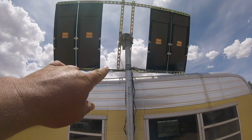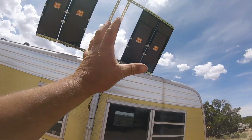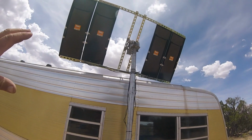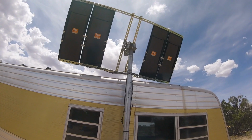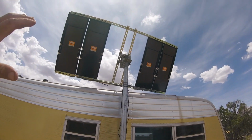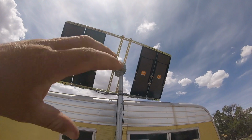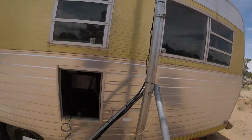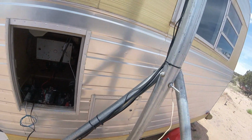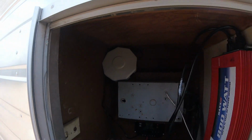I can loosen these two bolts and this set screw, and I can turn it in the evening to the sun. But it's pretty much the same kind of setup of any Harbor Freight. I've just got it attached to the poor man's tracker. It comes down here. It has a spider set up, which I've just got zip stripped to one of my braces. It comes in and goes into a